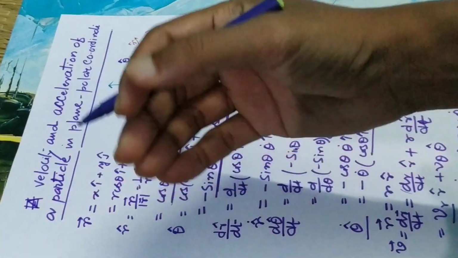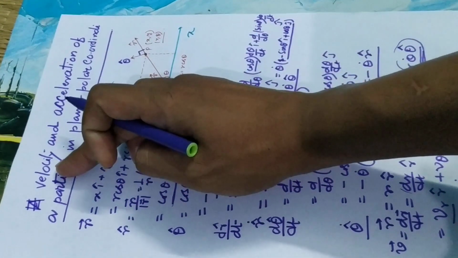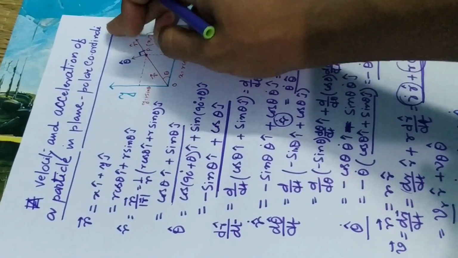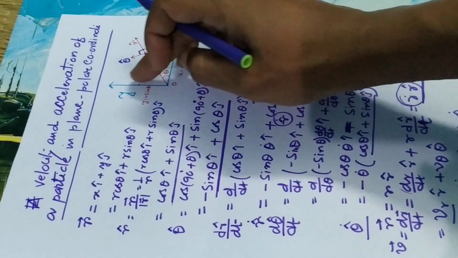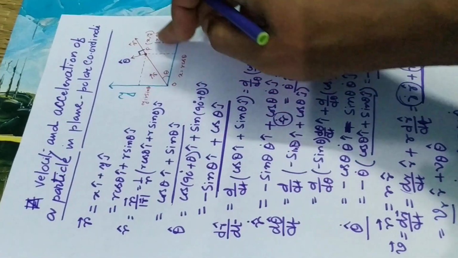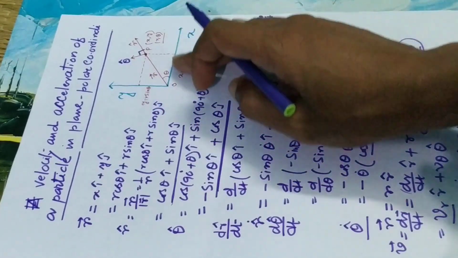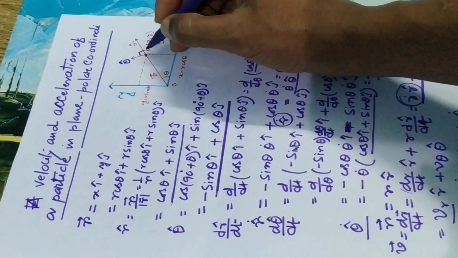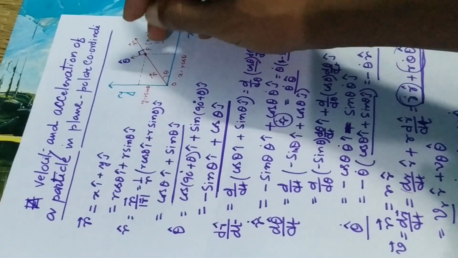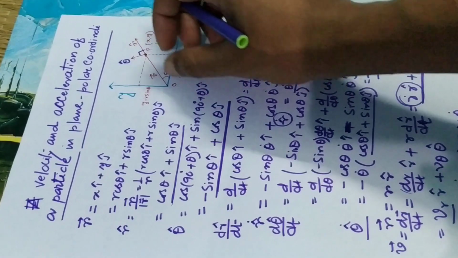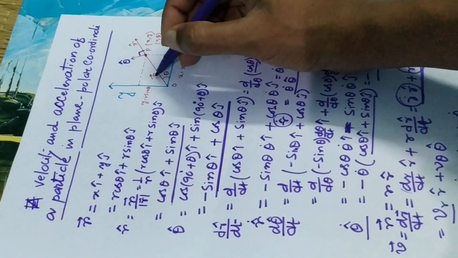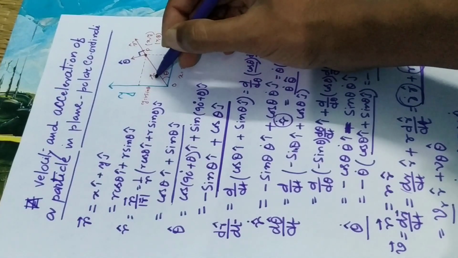Today's topic of discussion is velocity and acceleration of a particle in plane polar coordinate system. Let's see here, it is an xy plane, and in that plane a particle is moving. At any instant, let P be the position of the particle, and the position vector of the particle with respect to O, which is the origin of the coordinate system, is r. This is the position vector of the particle,